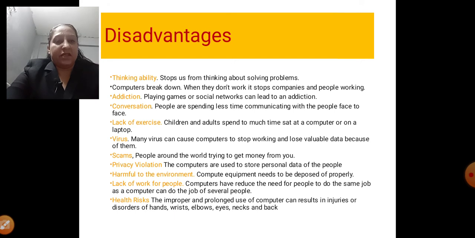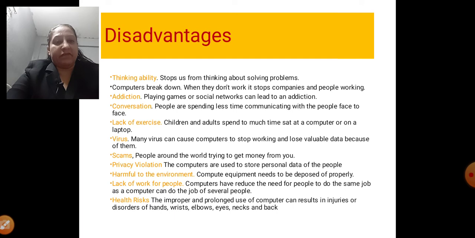Next point written is spams. Through online media, you must be reading daily in the newspapers that there are a lot of frauds happening everywhere, whether it is net banking or even online teaching, through students' data. On Zoom, a lot of data was hacked, so spam is happening in every sector of the internet.